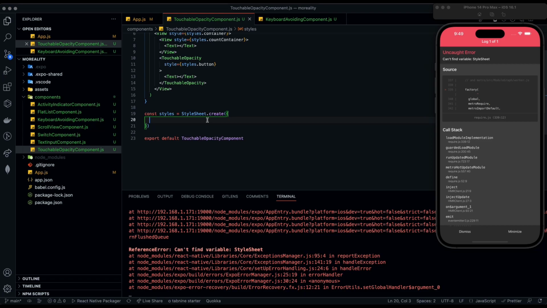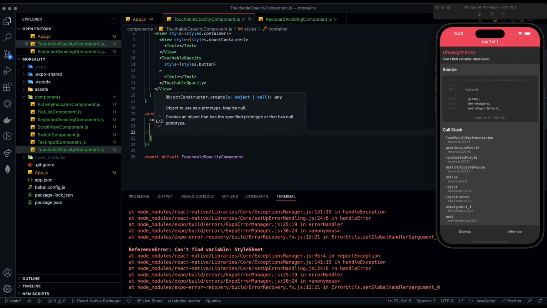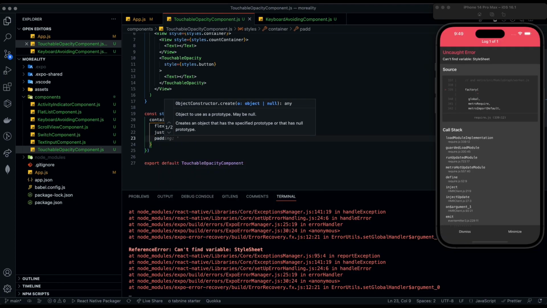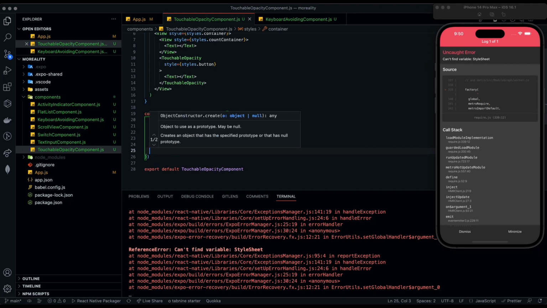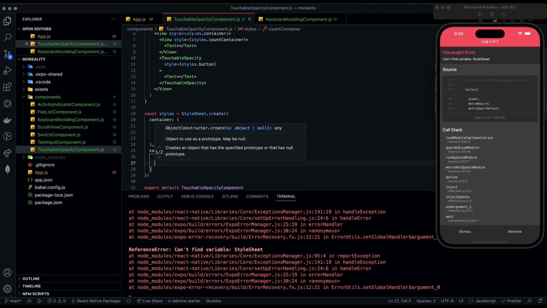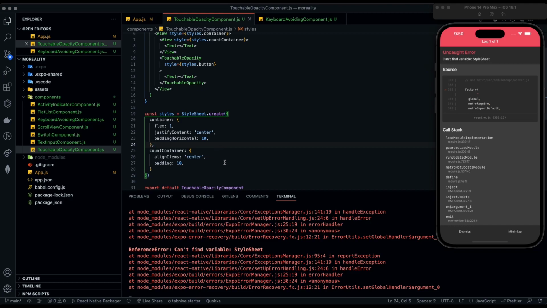So what we're going to do is add a container here with a flex of 1, justifyContent center, and we're going to have a paddingHorizontal of 10, and that's it for the container. So the next one is going to be countContainer, which is going to have alignItems center and padding of 10, and then in between here we're going to have